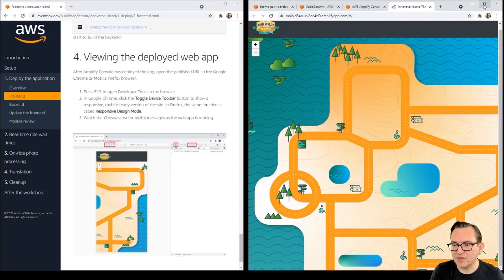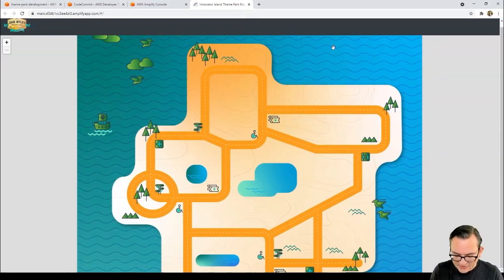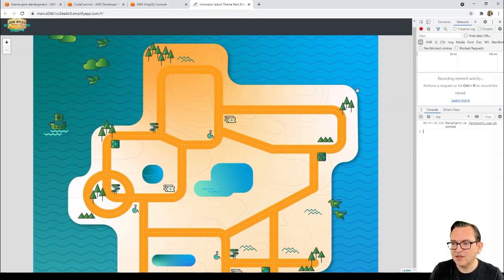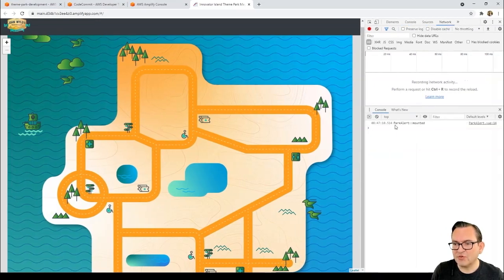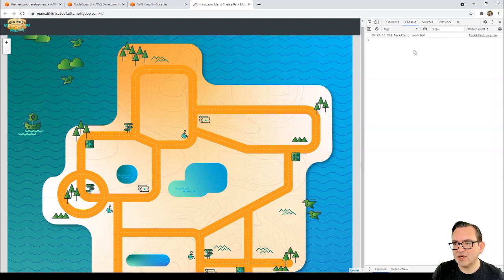So let's just open up this, and we're going to press F12. F12 gives us developer tools in both Chrome and Firefox. I'm using Chrome. They're very similar instructions within Firefox. Click on the console tab just up here, and you can see any console output that's coming from the application. And at the moment we're seeing this in a desktop view, but we can change it to a mobile view by using this device toolbar option just here. So I'm going to click that button,